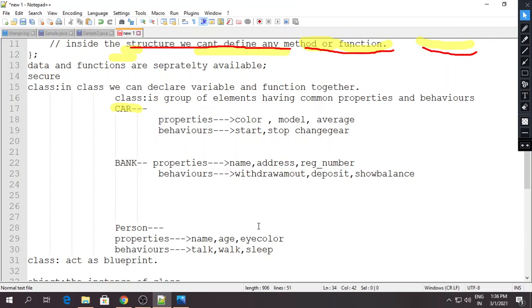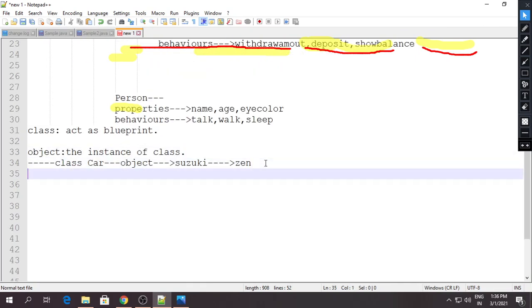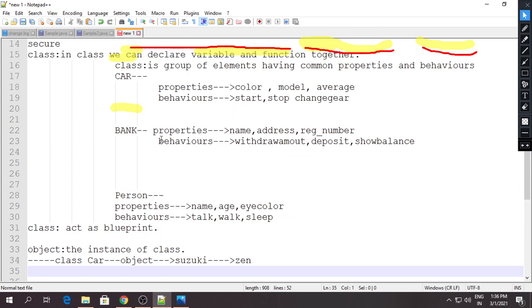At that time we come to the Zen, Suzuki. When you go to the individual part, then it is called an object. That means a physical entity is the object, and the logical entity is the class.